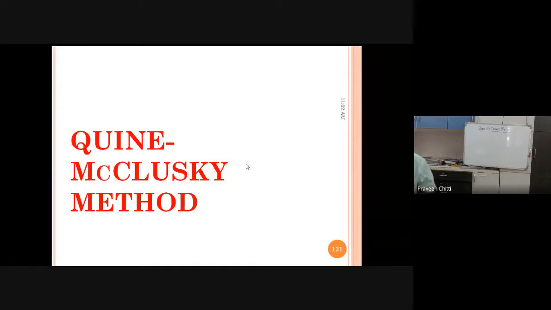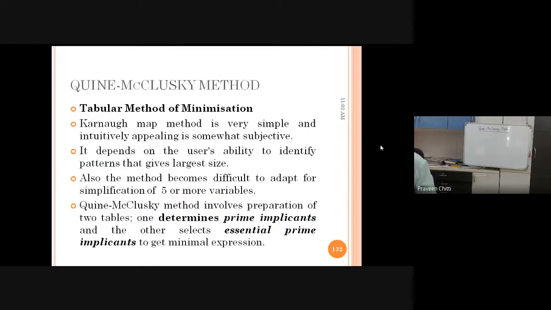A K-map is a simple graphical method of simplification without using any laws of Boolean algebra. Right? Very easily you can simplify by plotting the min term or max term in the K-map. But the main disadvantage of K-map method is that, no doubt, it is very simple and very easy to get the simplified expression using K-map. But the main drawback of K-map is that it depends on the user's ability to identify the patterns that give the